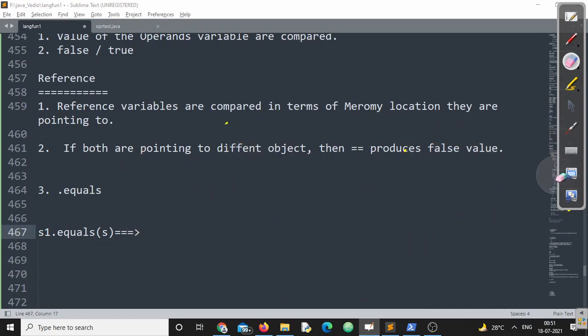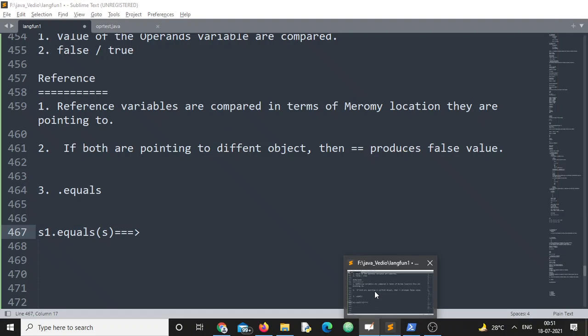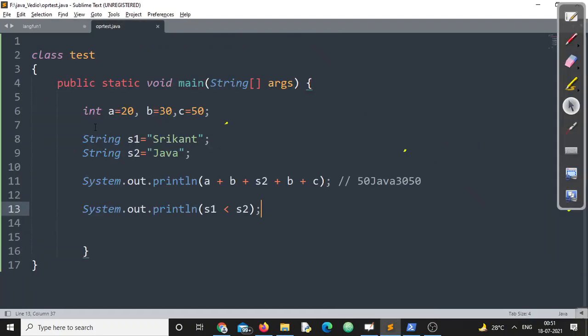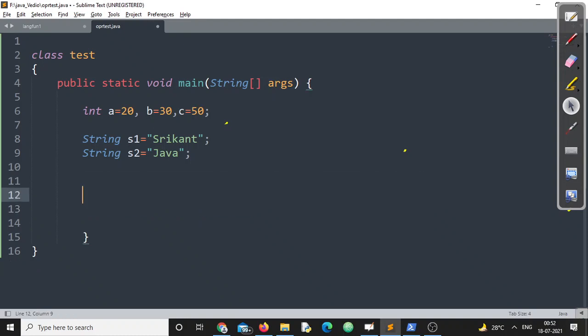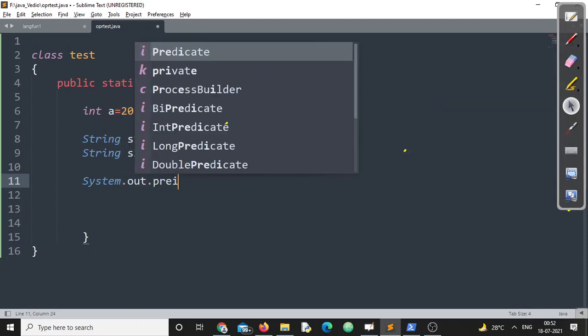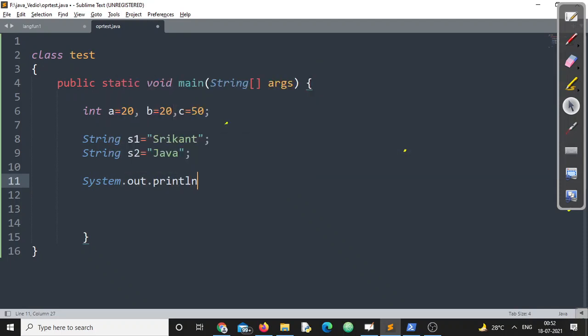Let us cross check this one, then we can go for the next operator. We'll compare everything that we have just discussed here. I am writing A is equal to 20, B is equal to, let's say, 20, right? Then system.out.println, comparing A equals to B. What will be the result?